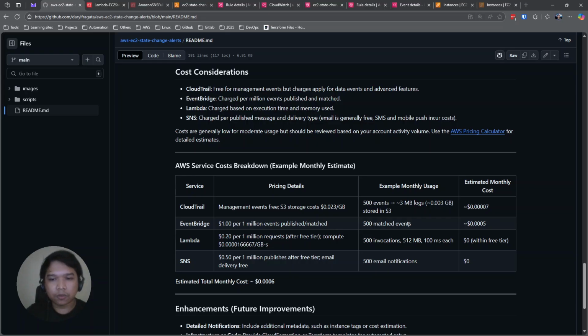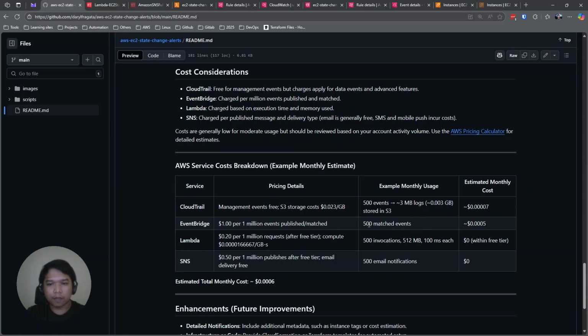I think that's pretty reasonable and cheap, since within a month, are we going to just stop, start, reboot the servers? It really depends on our environment, but this one is pretty cheap.